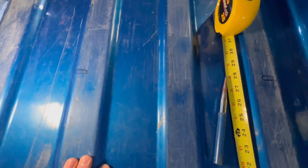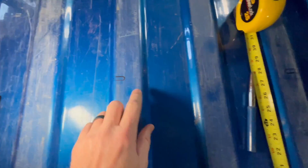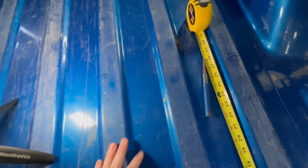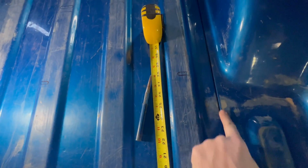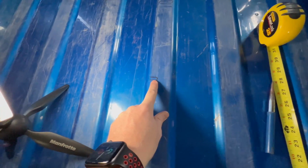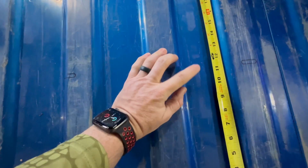Okay, I've got my holes marked, and one of the things that I wanted to do was kind of measure it out and make sure that I had it pretty much square in the bed. You can see where I use the permanent marker to kind of mark where my holes are going to be, and I pulled a couple measurements. Coming from this line that's in the bed here to here is 3 inches, and then from here to where I'm going to put the center of the hole over here is 15 3/4, and it's the same measurements up here. And then coming from this body line to the back, it's 11 1/4 to the center,